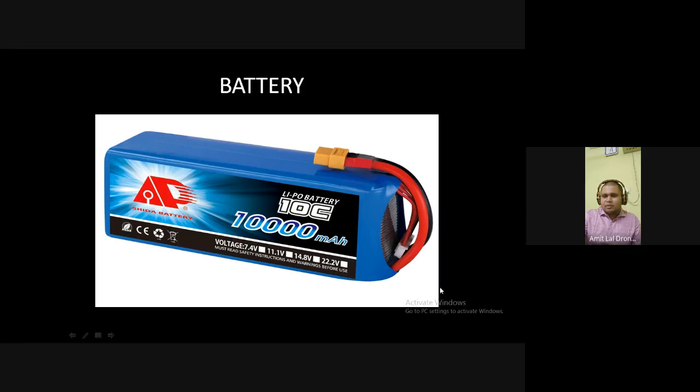Then you can see something called a voltage, 7.4 volt, 11.1 volt, 14.8 volt, 22.2 volt. So why are these distinct values? Why not 5 volt? Why not 6 volts? Why not 7 volts? Why not 9 volts? Because the drone batteries that we have come for a rated voltage of 3.7. 3.7 volt is the nominal, average battery voltage. That is the storage voltage. So talking about two cells, it becomes 7.4 volt. Talking about three cells, it becomes 3.7 into 3, that is 11.1. Four cells, 14.8. Then 22.2 is six cells.